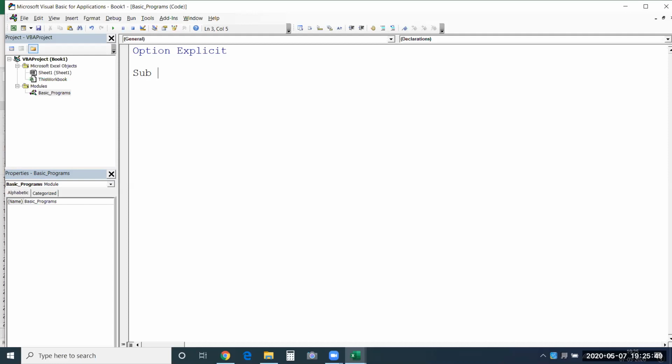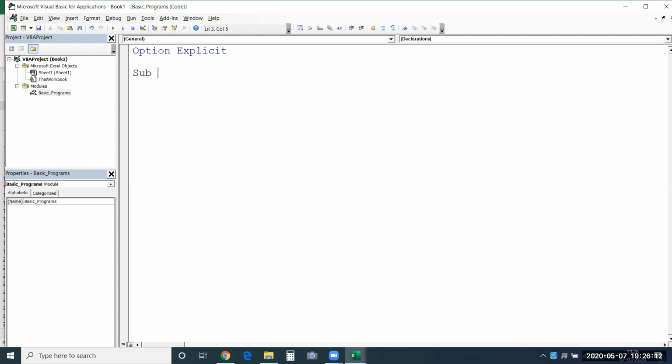There they call them macros and subroutines, so the same name was carried over to VBA programs as well. So sub, or subroutine, macros, programs, procedure, all these are the same.